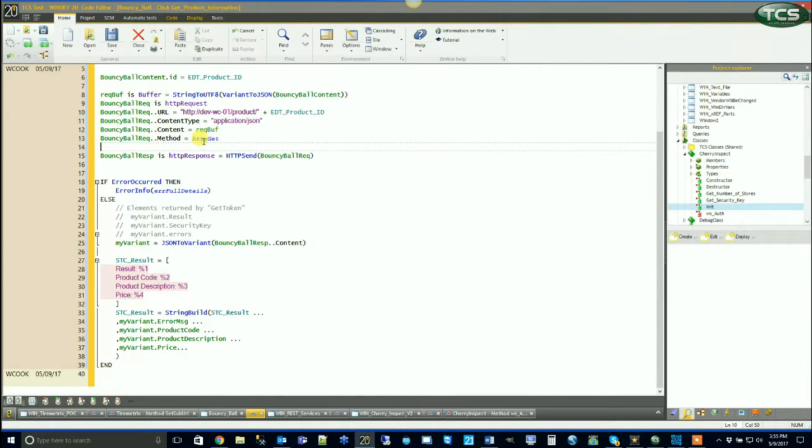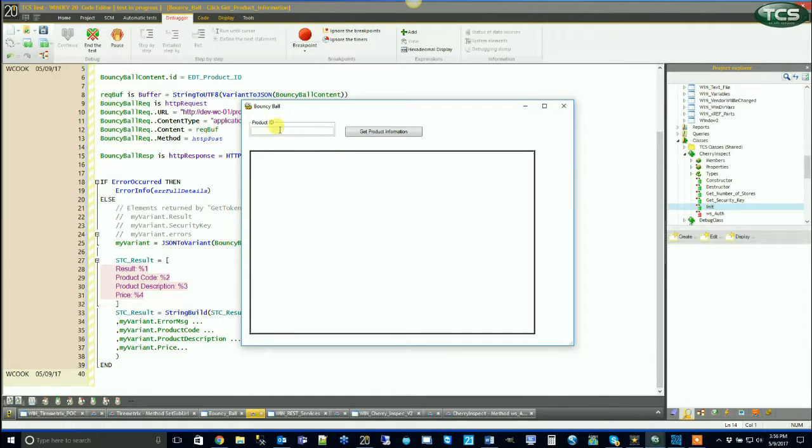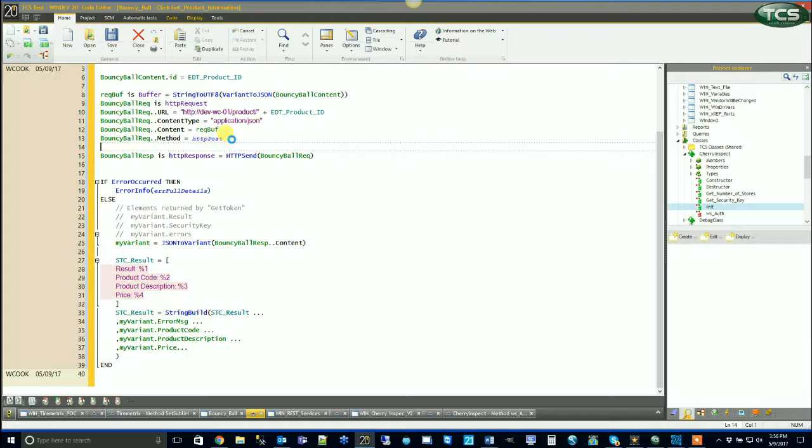But if I change this to HTTP post and run it, so I run my code, I search for 1, it found the ball. Search for 2. Okay, it's my bad. I can search for those either way, but